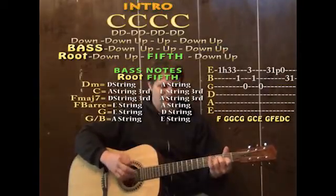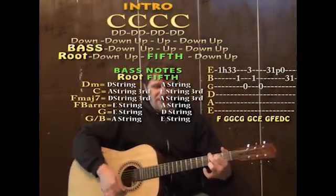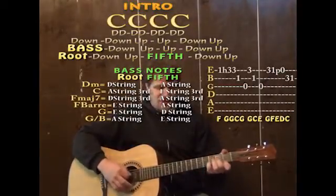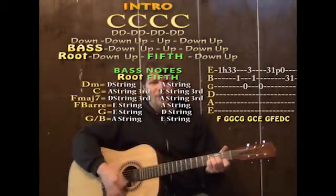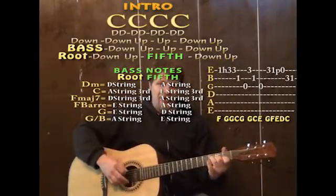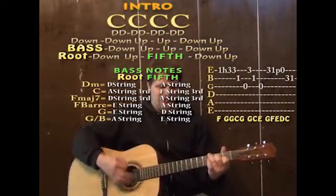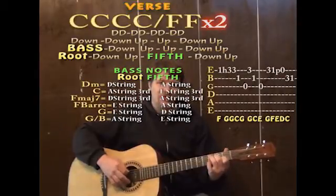On the A minor, you'd have the A string to the low E string. G, you'd have low E to the D string for your root. And on the D minor, you'd have the D string to the A string. So if you dig on that, we can try that through that intro and have that C vamp right after that first chorus. C with an A bass, low E bass, C with an A bass, low E bass. And if we kept that going for our next verse, we'd have the C,